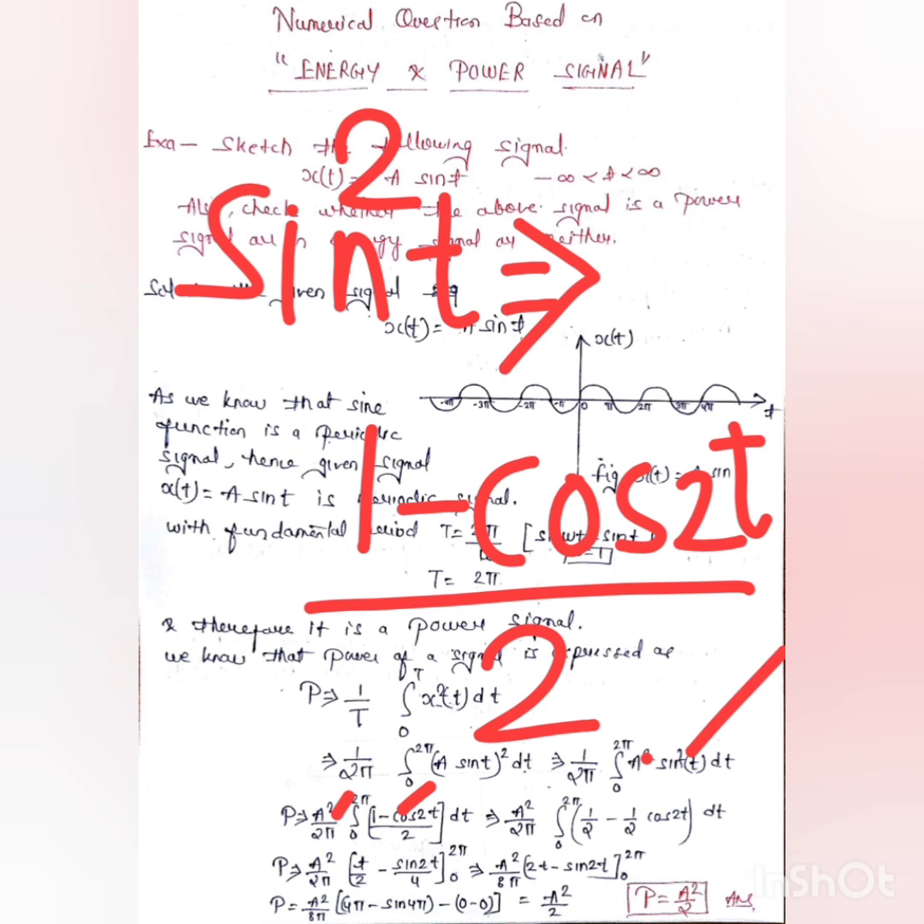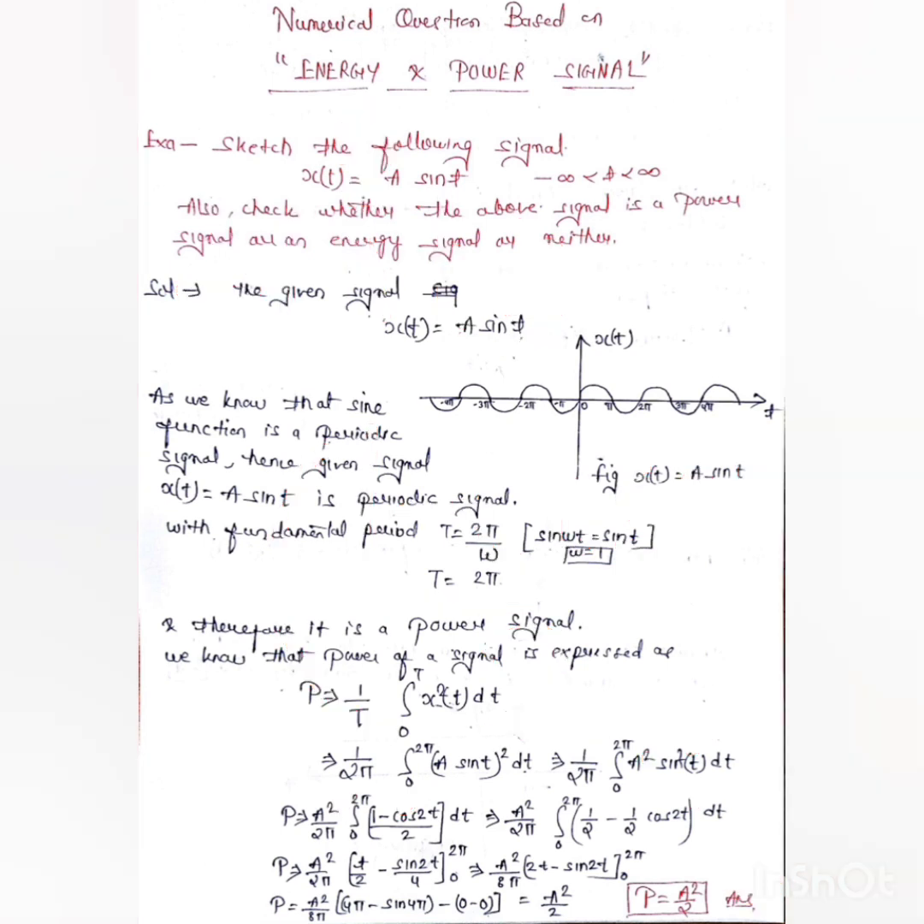Now in place of sin square t we put this expression, which is 1 minus cos 2t upon 2. After opening the bracket we get 1 upon 2 minus 1 upon 2 cos 2t dt. Now we integrate this expression. Obviously 1 by 2 is a constant term, so we get t, and the integration of cos 2t